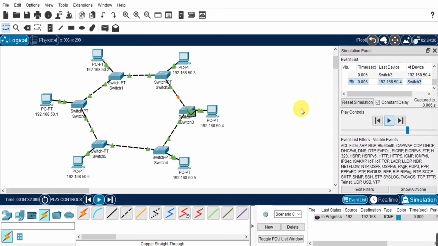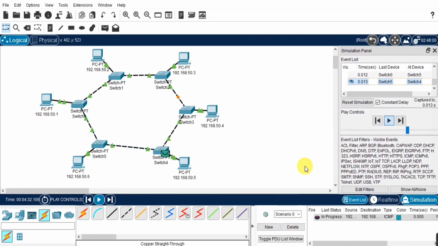We are seeing here that we have sent a packet from device 1 to device 4, and it is transmitted to all other devices as well, but the packet will go only to device 4, and if it is transmitted to other devices, it will give the wrong intimation. Here you have seen the correct intimation of how it's been going on.